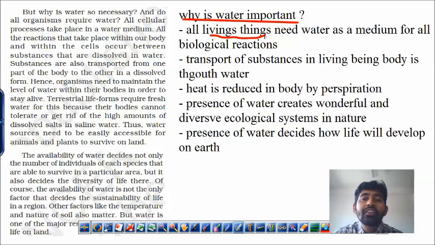Because all living things need water. Why do all living things need water? कभी सोचा है कि हमारे शरीर में 70% पानी है, हमको पानी चाहिए, 6 ग्लास पानी पीना चाहिए? क्यों? The reason is every single chemical reaction in our body happens in water. Water is a medium. पानी होगा तो उसके अंदर सारे रिएक्शंस होंगे, डीएनए कॉपी होगा, एंजाइम बनेगा, डाइजेशन होगा, एवरीथिंग